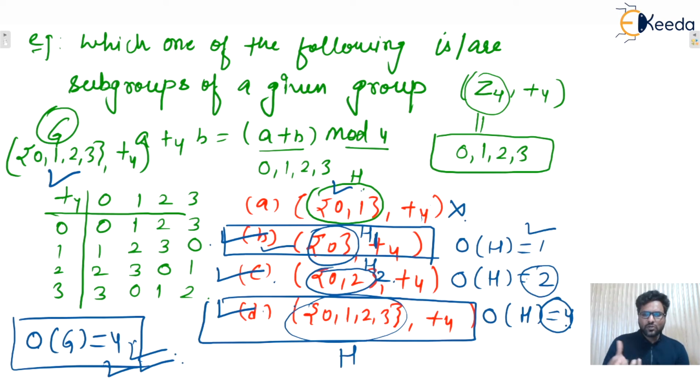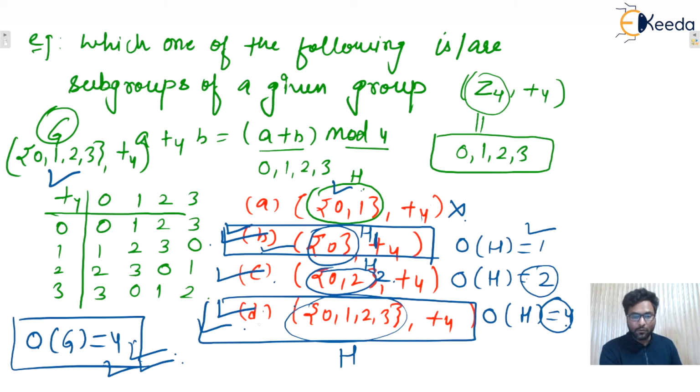Also, if we contain only the identity element, that will also be a subgroup, guaranteed. So these two, the identity element and the same group, are called trivial subgroups. Other than these, all are known as proper subgroups. So in this example, option B and option D are the trivial subgroups,